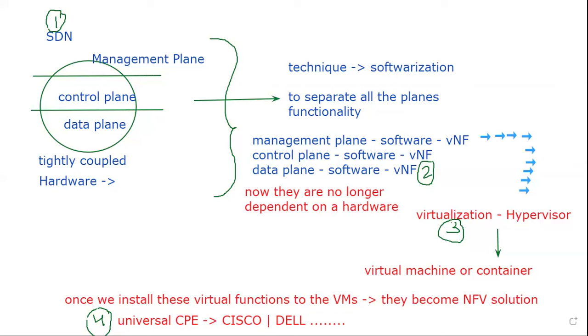Now, once we know all this, we'll be jumping to the SD-WAN architecture. I'll let you know what the architecture of SD-WAN is. Within a full-fledged SD-WAN solution, if I say a vendor is giving a partial solution, they might not support all the components, but SD-WAN supports all the components. The first component is the management plane, that is vManage.